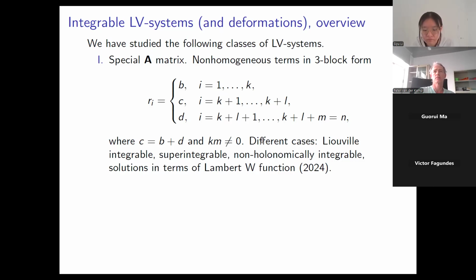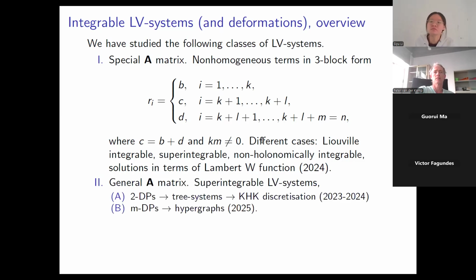Then we study this case. So there's heaps of different options now. Just adding these terms, we sometimes destroy the Hamiltonian structure. We sometimes don't have enough integrals to be super integrable. So it suddenly becomes a very wild zoo of different systems, different cases. And I'll tell you a little bit more on the details later in part 1 of this talk. This is a very long introduction to the talk.